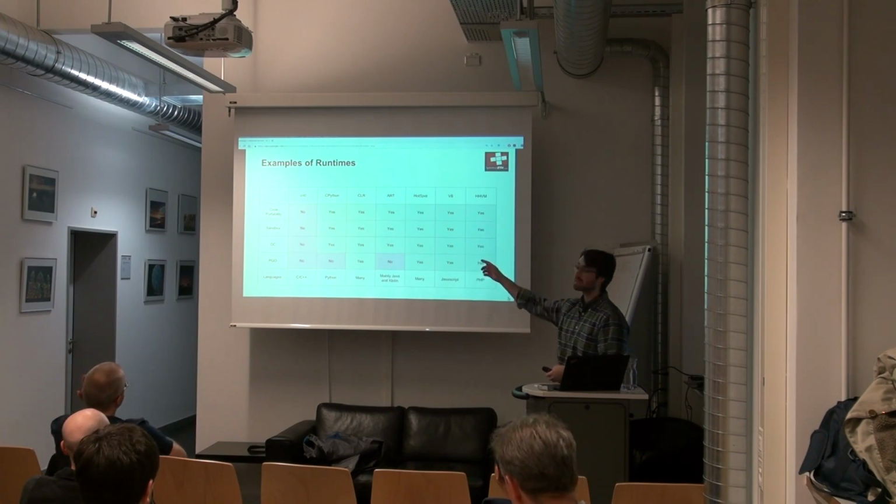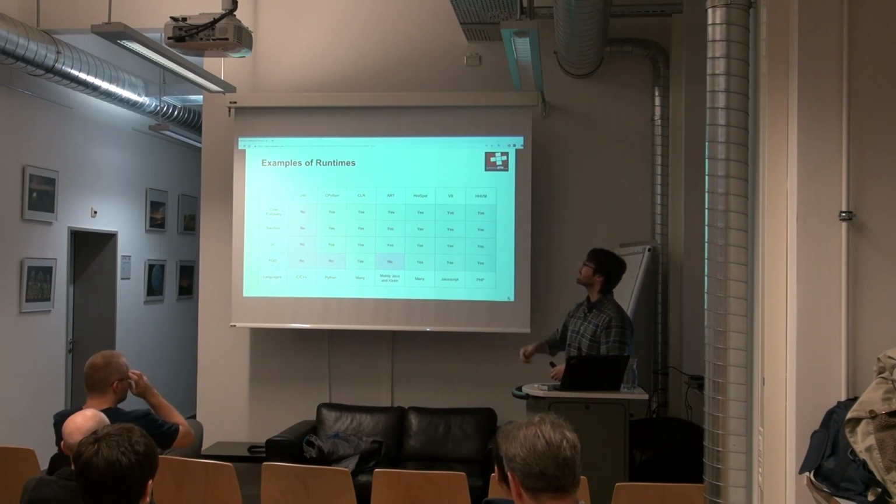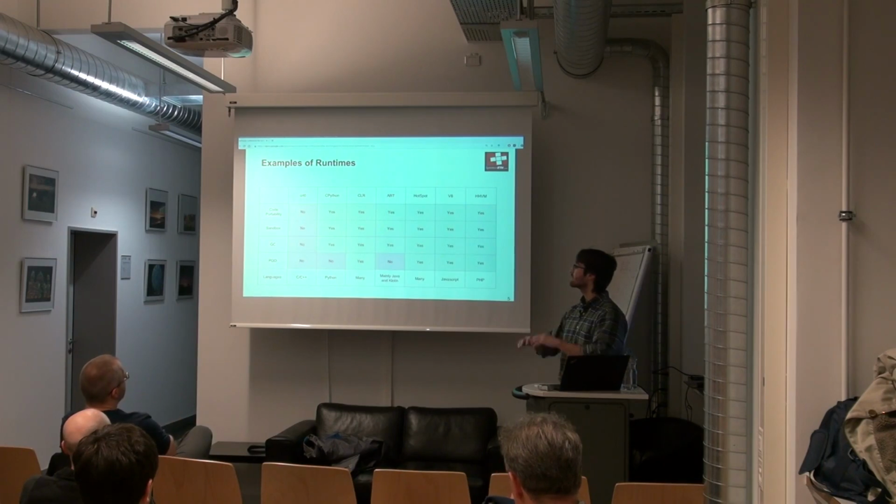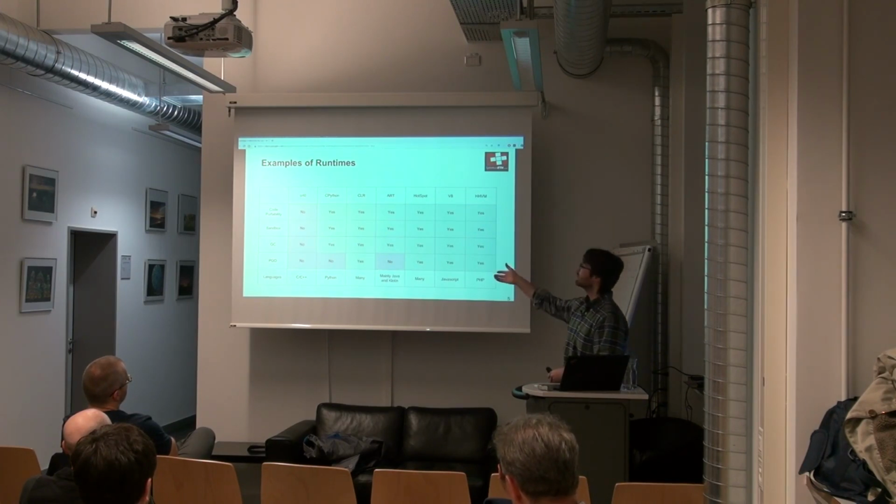We have CPython, which is the most common Python implementation. It doesn't have PGO because it interprets your code, so it doesn't have an actual compiler inside the runtime. Then you have the CLR, the Common Language Runtime by Microsoft, that runs any language, too many. We have the Android runtime. They provide code portability, sandboxing, GC. They don't have PGO as far as I know because they compile ahead of time now. So basically they compile everything before they start the VM. You have HotSpot, which is the most common implementation for Java and other languages that compile to bytecode.